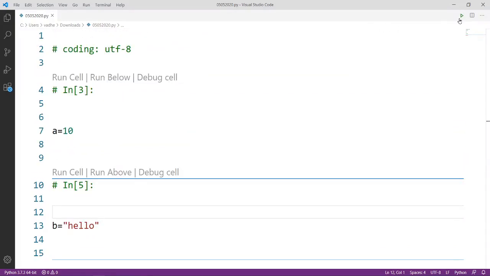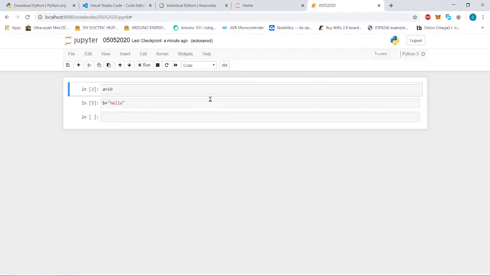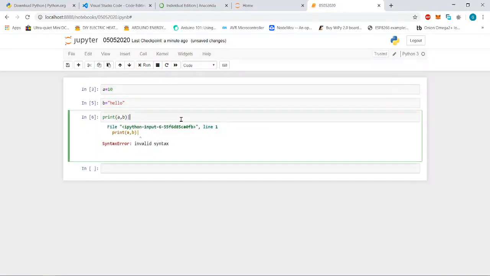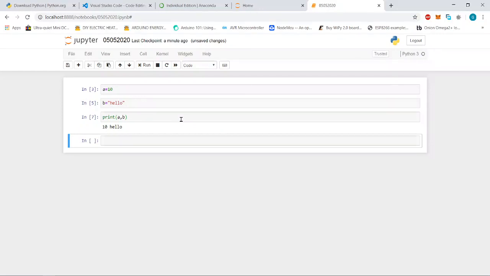If you execute it from here, then also you will get the same output. So let's do one example just for comparison. Here I will try to print both values, print a comma b. 10 and hello. The value of a is 10 and b is hello.